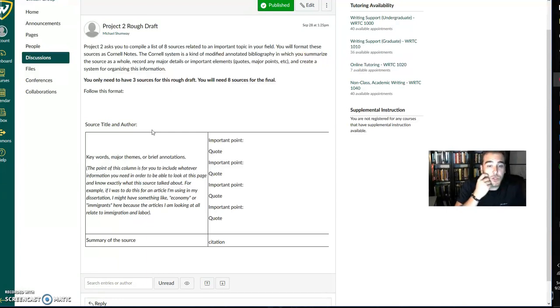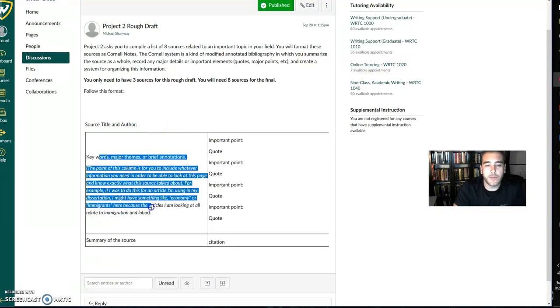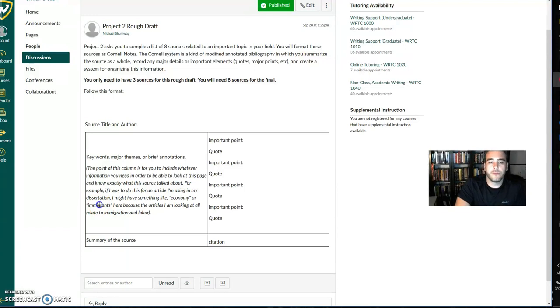For example, if I was to do this as an article I'm using for my dissertation, I might use something like economy or immigrants because I'm looking at articles that all relate to immigration and labor. So if I was doing this for my project, I would have the title and author of the article that I read, and then in this little column over here, I would have those kind of keywords. I would just say like immigrants, economy,